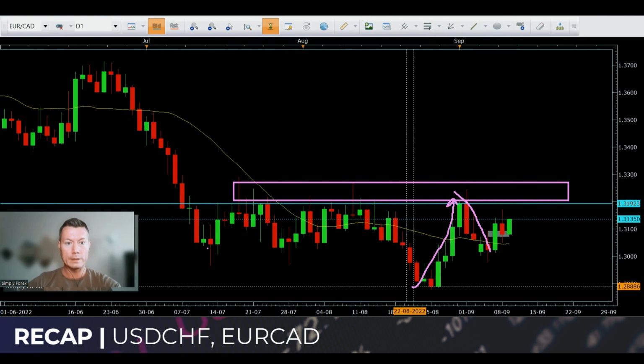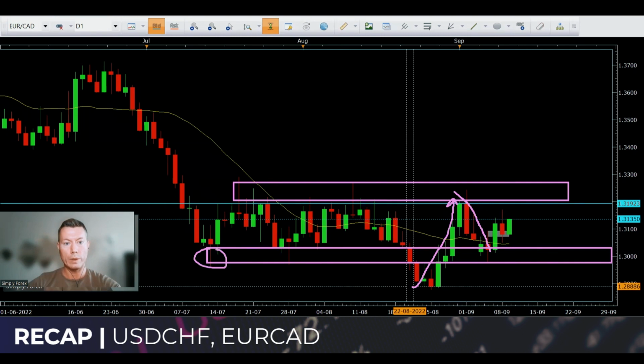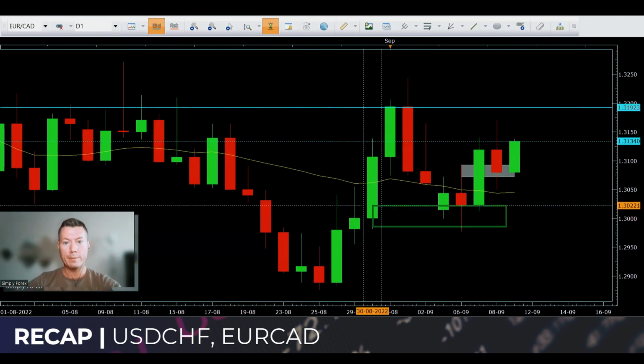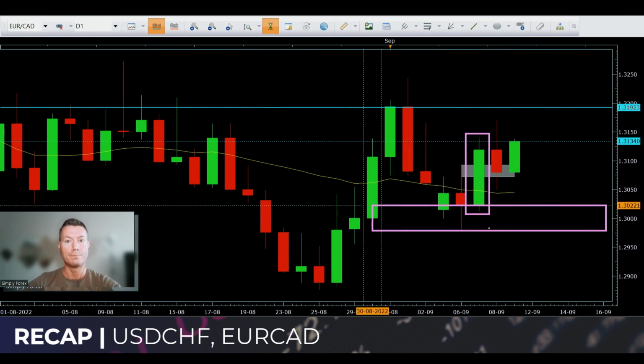But then we can see here that this is a clear area of support, with support here, here, and now here. And then this could potentially be a new higher low before we go back up. Okay, so that's what I was seeing. If we zoom in a little bit, guys, remember, this was our area of support. We then had this very bullish green candle form, and because of this green candle, we only had the one grey zone back up to this last high here.